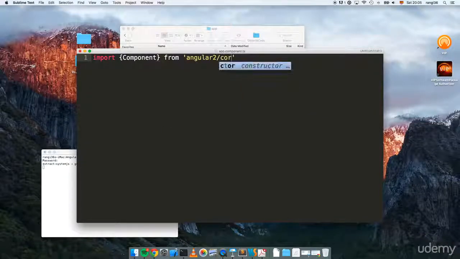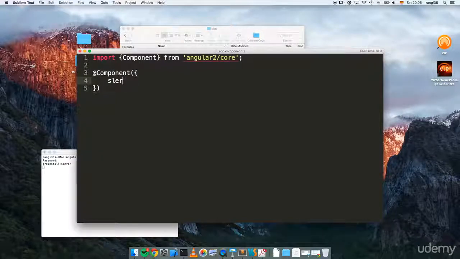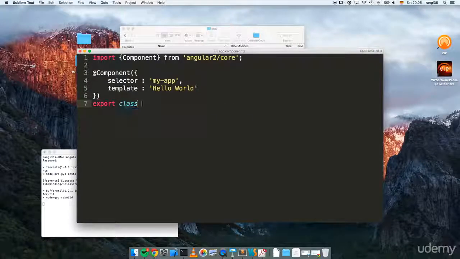So I'm going to write just the main component for our application. Okay, so app component,